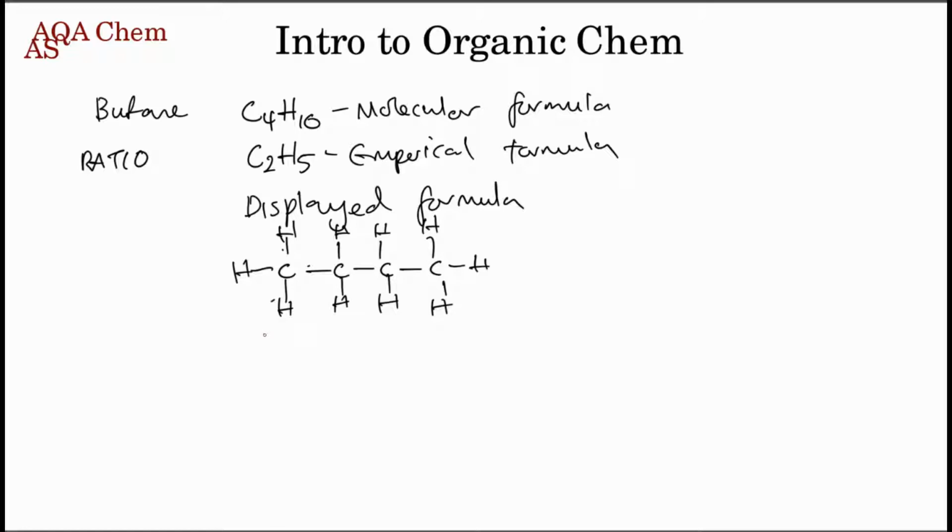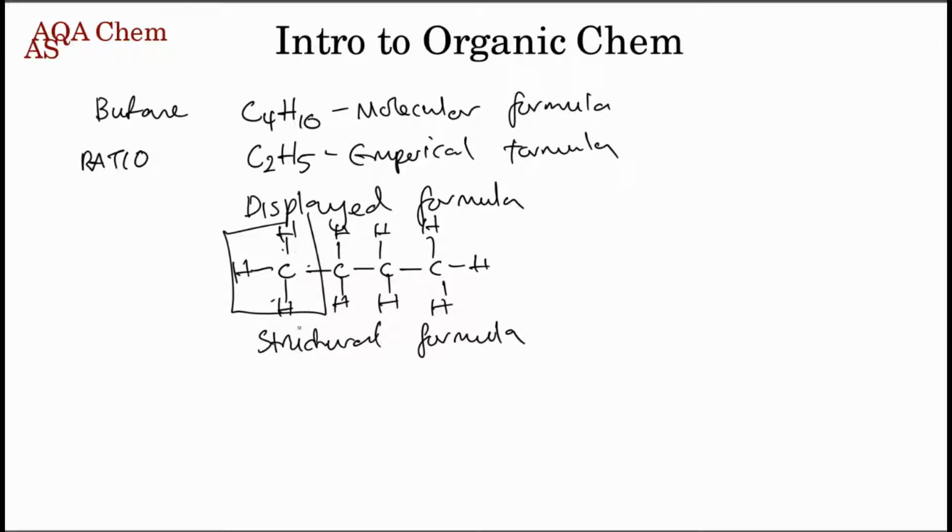And from this, you can get what's called a structural formula. Now, displayed formulas are very unwieldy, they're very big, and they take quite a lot of time to draw. Like, you have to draw so many lines for the carbons, put the hydrogens on. So people use structural formula to represent these instead. Also makes exam questions slightly more compact. And the structural formula, essentially what it does is it looks at every carbon and what's attached to that carbon and writes that down in a row.